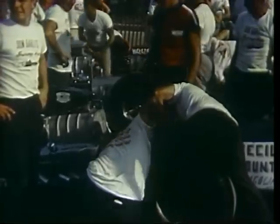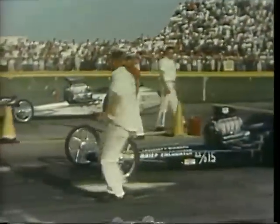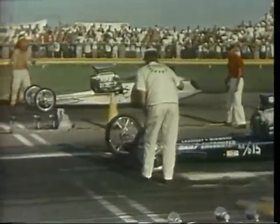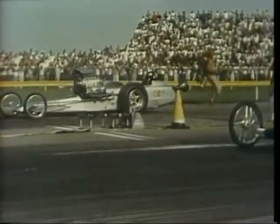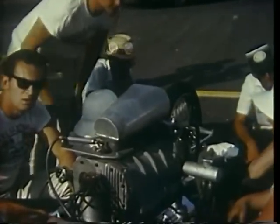It's time for the next to the final round, and Nancy starts to get ready. His opponent will be Garlits, if he can make it. Tony's ready, and they've just finished with Don's car. So 2 of the best in the country line up. Garlits takes it, and Nancy's pistons blow. So now there are only 2 left to see who will be the top eliminator in the big AA dragster